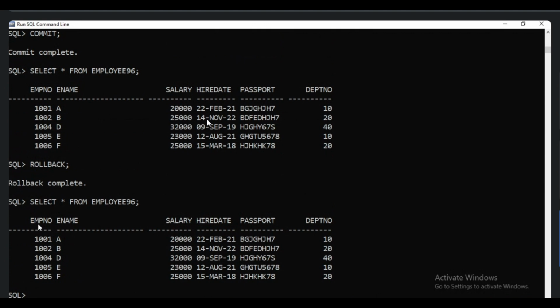Next is the savepoint structure again. I will explain savepoint with one sample table. If you want to create sample tables every time, we have to save this time. We can copy the sample table from Google also. So I need to copy one sample table. We can go to Google.